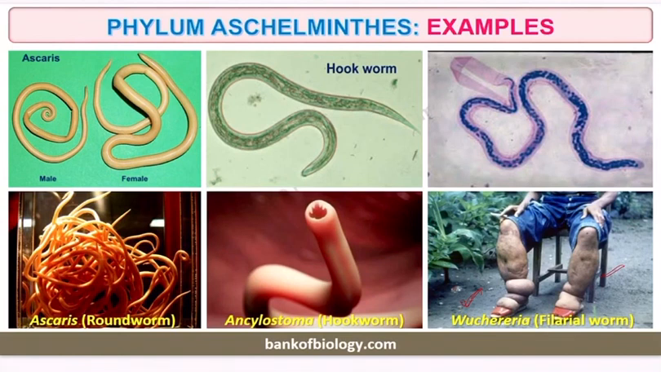To conclude, phylum Aschelminthes, the body is slender, unsegmented, bilaterally symmetrical, triploblastic with organ system level of body organization. But remember, they are pseudo